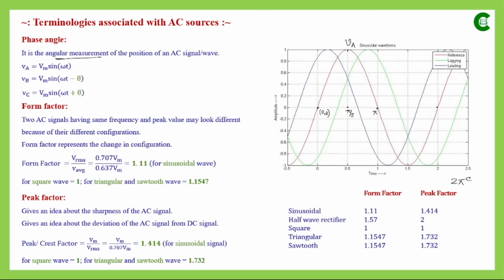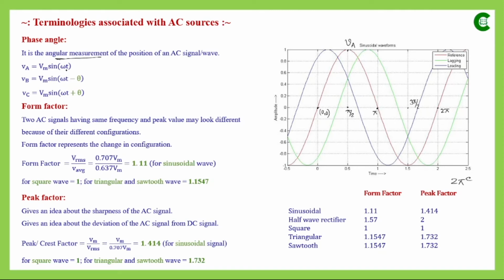Now from this point to this point, it has the negative half cycle, so it will finally be 2 pi. So from this point to this point, the angular measurement will be 2 pi, and from this to this, the angular measurement will be 2 pi minus pi, so pi. Now it has the negative peak here, so angularly it will be 3 pi by 2. Now this red colored waveform has been taken as a reference, so it has been represented like Va is equal